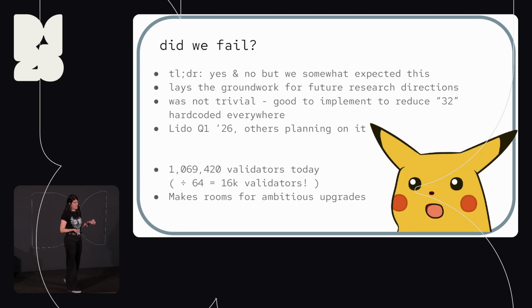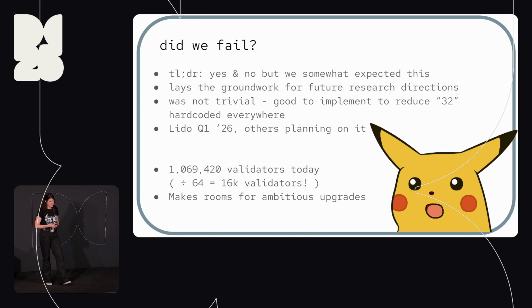So the question becomes, did we fail? The TLDR is yes and no, but we somewhat expected this. Changing the max effective balance lays the groundwork for future research directions, and it was not trivial. When MaxEB was first proposed, people thought it was going to be a much easier upgrade than it ended up being, because this 32 ETH number was kind of hard-coded everywhere. And so doing this sooner rather than later was good, because it meant that all of the infrastructure came to expect a variable